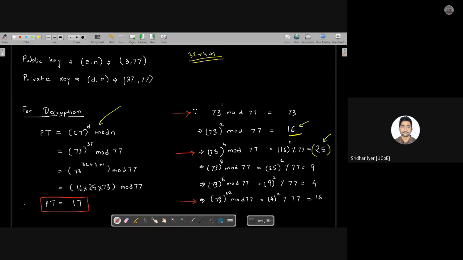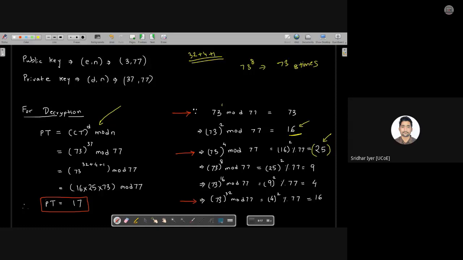You can just imagine 73 raised to 8. You would have to write 73 eight times and then take a mod of that value with 77. It's very tedious and very time consuming. So simply refer to the result of the previous step, square it, and take the mod by 77. Isn't it simple? This is what you need to do for each and every problem of this type. Fine. So let's carry on with this.